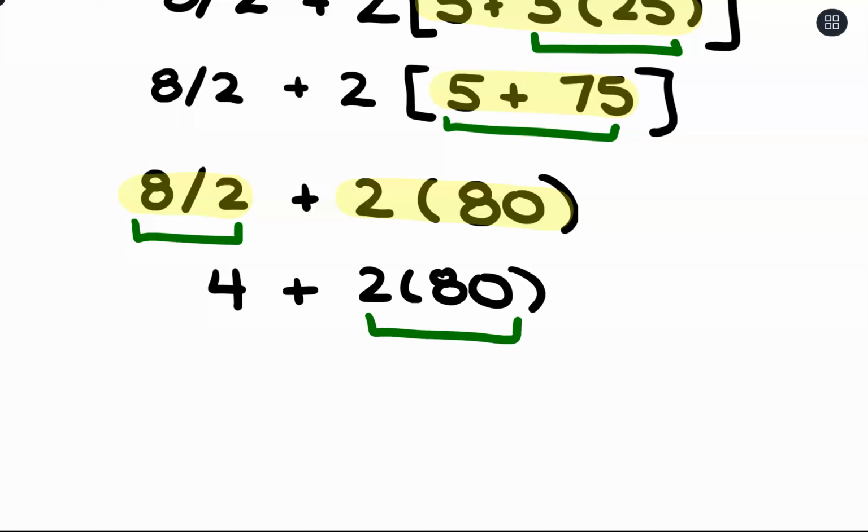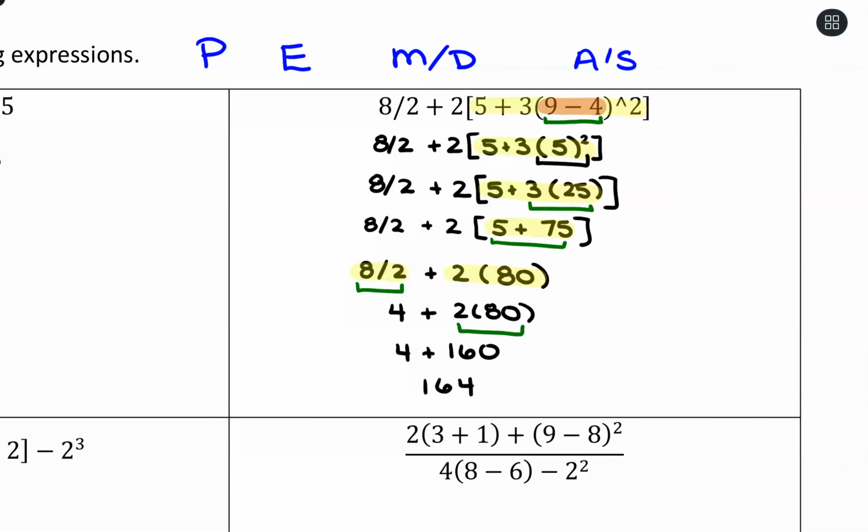Take care of the 2 times 80, which is 160. 4 plus 160 is 164. 164. And we're done. Now, that's a lot of steps there, and as we get more practice with this, you'll find